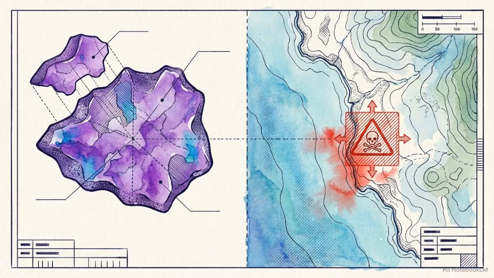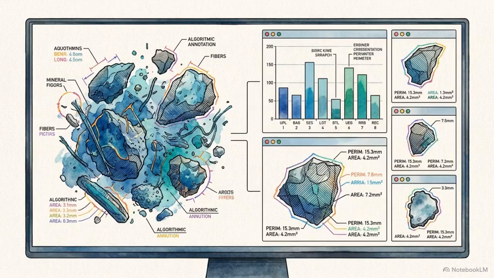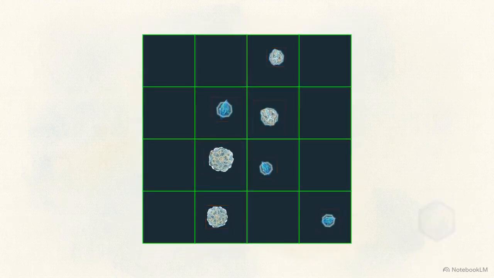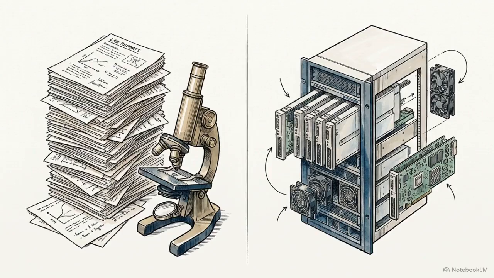Chaining these architectures together provides a level of geometric precision that maps directly back to the particle's origin and potential ecological threat. This multi-stage pipeline is deployed as a functional web application, making sophisticated computer vision accessible to environmental researchers. When a researcher uploads a raw image, the system automatically executes the tiling, spatial detection, and morphological segmentation in sequence. This automation compresses hours of manual laboratory counting into seconds of raw compute time.